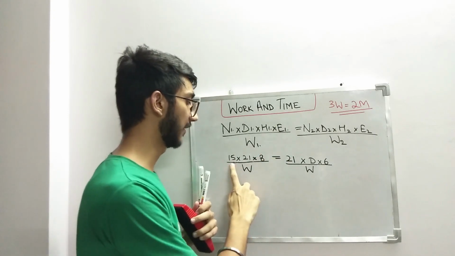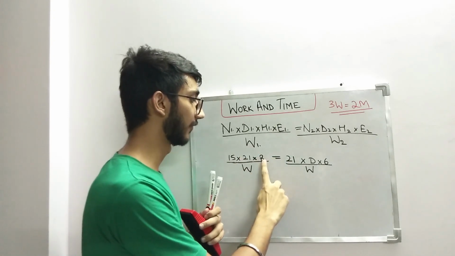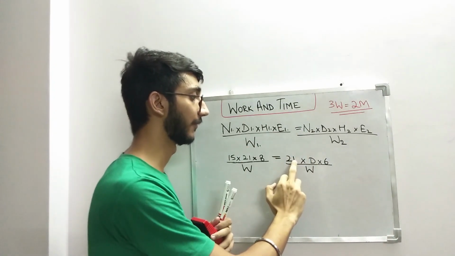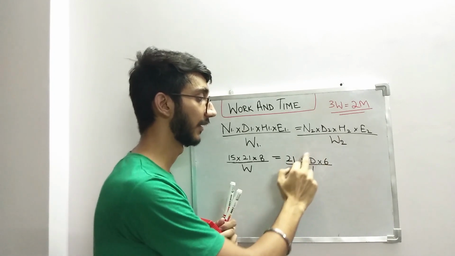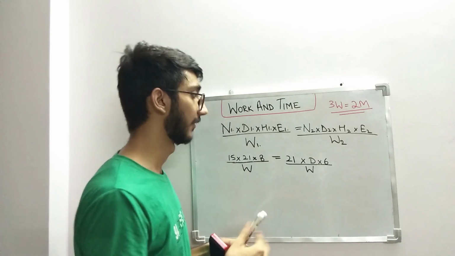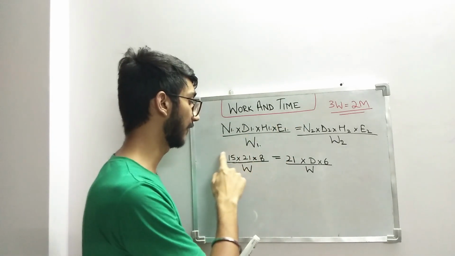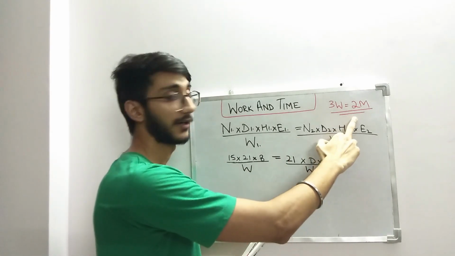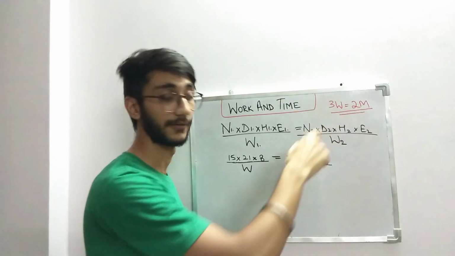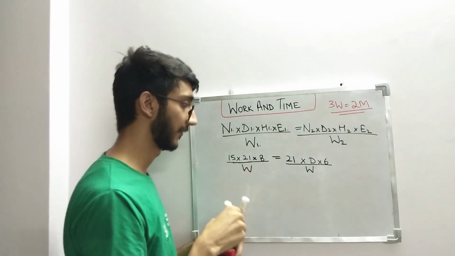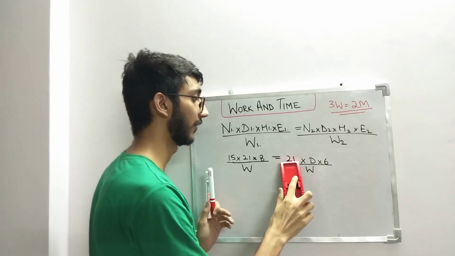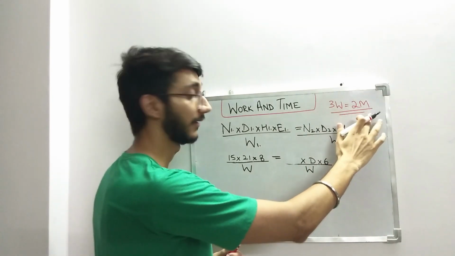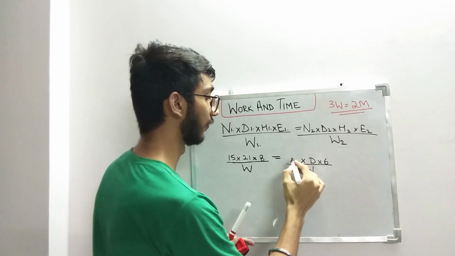So in this question, we have 15 men take 21 days and work for 8 hours, but there is nothing about efficiency, so I'm not taking efficiency. So here we have 21 women and days and 6. We need to calculate the days. The work done is the same, but if we are using this formula, we need to be careful that if I'm taking men here, I have to take men here also, because the productivity of women and men differ. So if I am taking 15 here, I cannot take 21 here. I have to convert these 21 women into the number of men. So if 3 women is equal to 2 men, that means 21 women will equal 14 men.